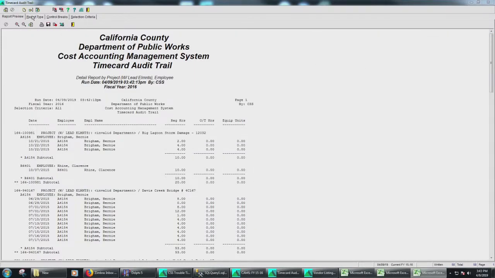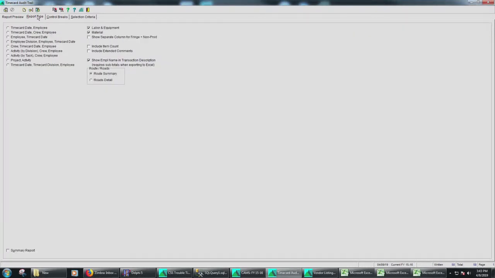The fourth thing that we want to think about is on the report type tab, there are going to be special options on each report. These are just things that people have asked us for. Do we want to include a count of each item if we're reporting on routes or roads? Do we want to just see a route summary or a detail of every road in that route? This report is apparently able to show materials and labor and equipment, so maybe I turn that